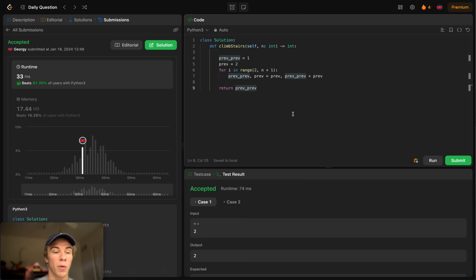I like this one a bit more because it's more elegant. There's no need for a DP array. However, the use of the DP array is very standard in dynamic programming problems, so that one is also valid. Okay, well with that,